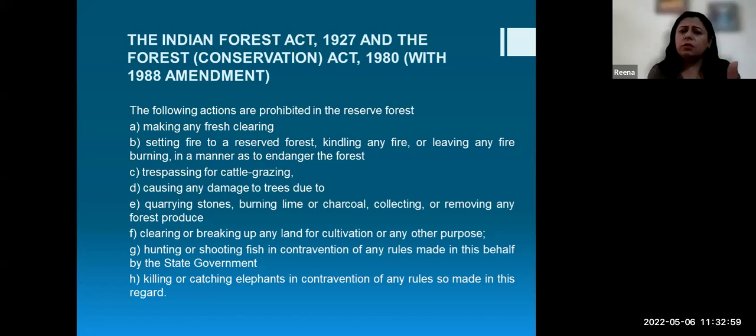Then in protected forest, the cutting, sawing, conversion and removal of trees and timber was not allowed. So there were provisions that you can go for timber harvesting and scientific timber production, but it cannot be done in the reserve area. And for any industrial activity also, you cannot do any industrial activity within the vicinity of 5 kilometers of a forest area.